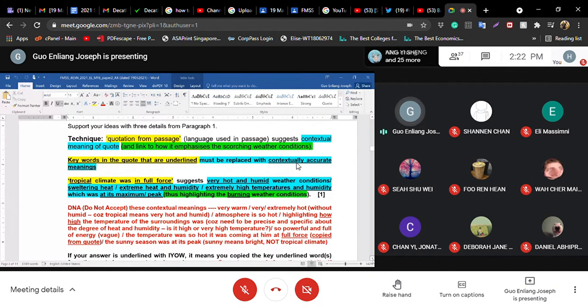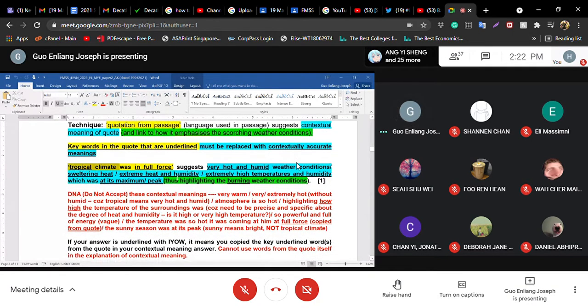Okay. Now, so basically the first answer is this. This part I'm highlighting is the first answer, the first mark. Okay. Most of you got the quote correct. The quote is never the issue. All right. The issue is always the blue part, which a lot of people cannot get because their vocab is not wide enough, or possibly because they cannot give the exact precise meaning of the words that are underlined. You see the words that are underlined? They are the words that need to be replaced. Okay. So if you look very carefully, keywords in the quote that are underlined must be replaced by contextually appropriate meanings, which is the one in blue.